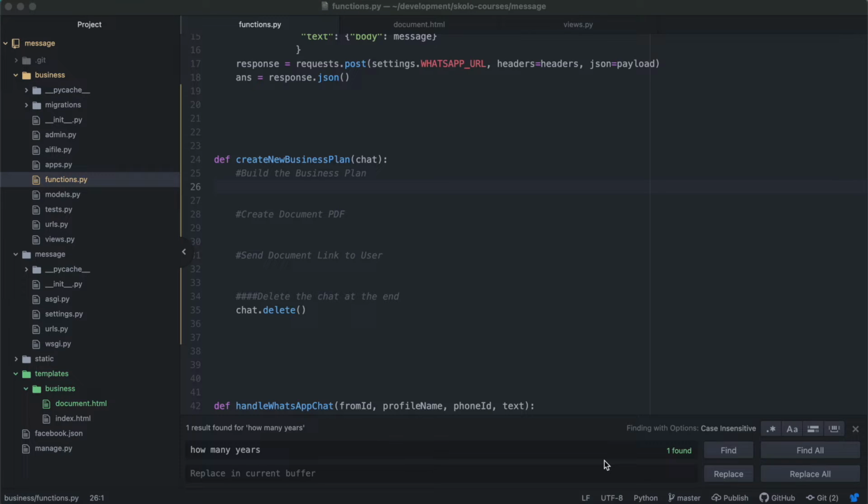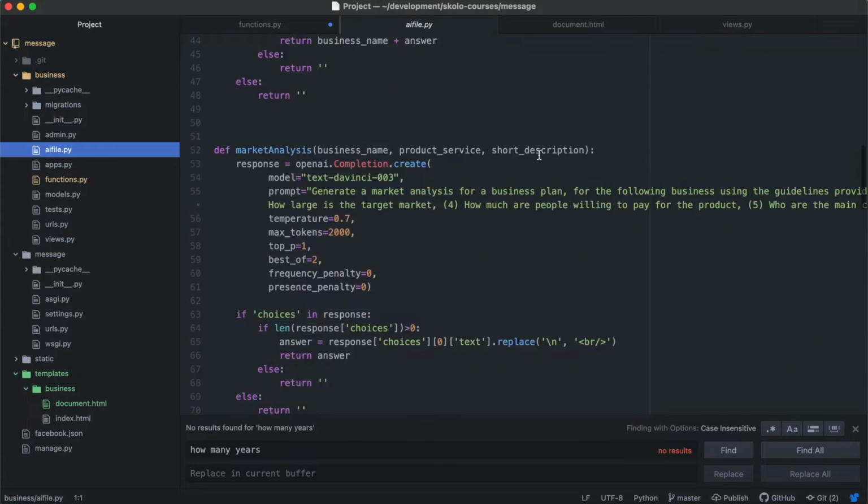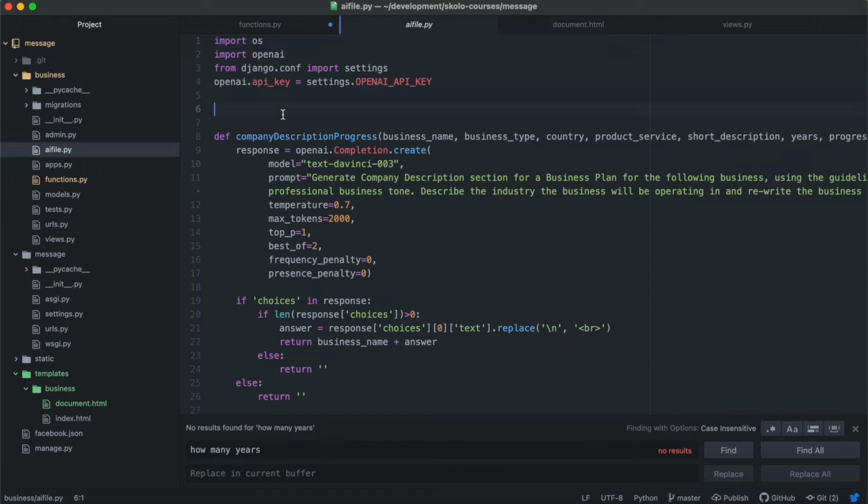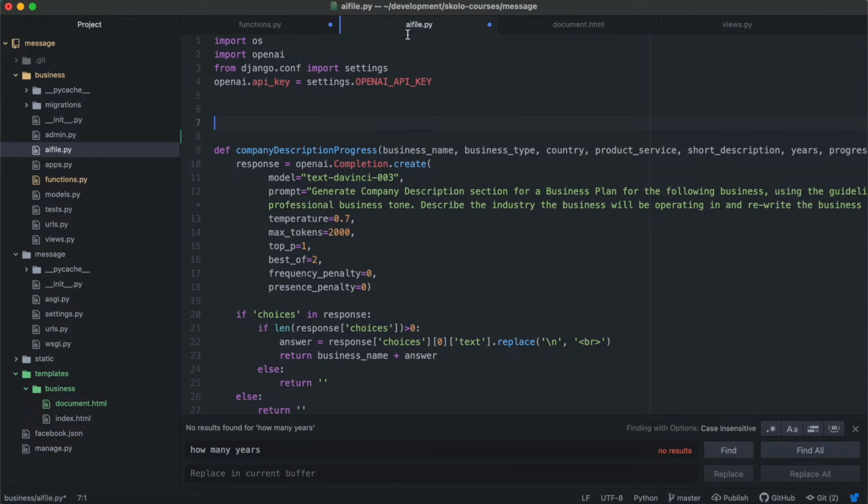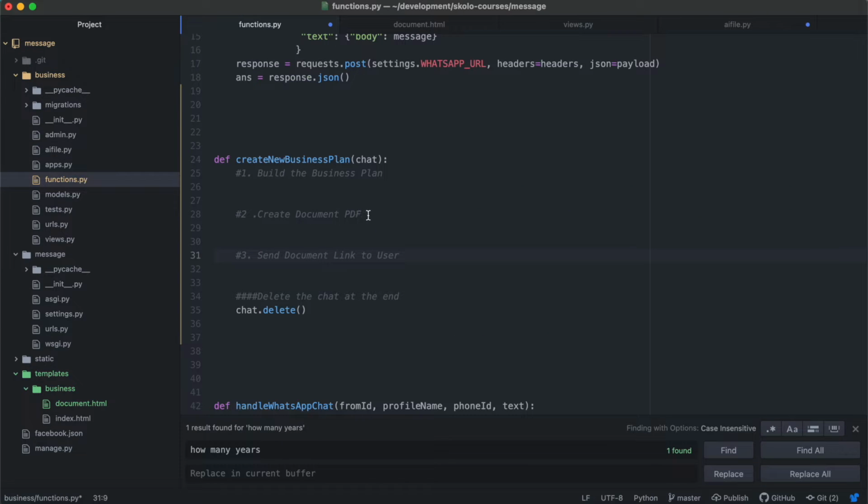All right. These are all the different steps we're going to follow, right? But I want to approach it slightly differently, because I know how to build a business plan. I have already created all the functions that we need inside of our AI file. These are all the functions we need to build the business plan, and we've already tested that they're working. So I'm not too worried about these ones. What I think is of initial importance is to generate the PDF,